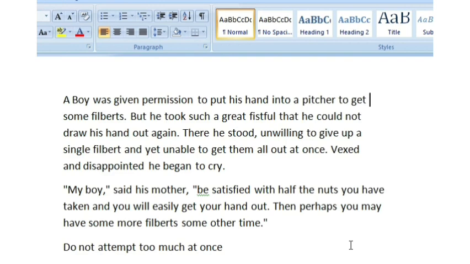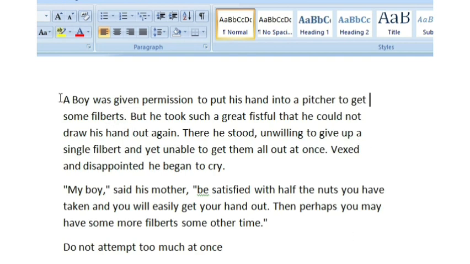So first we will learn about paragraph alignment. Paragraph alignment refers to how the left and right edges of a paragraph align on a page. We can left align, center, right align and justify a paragraph.